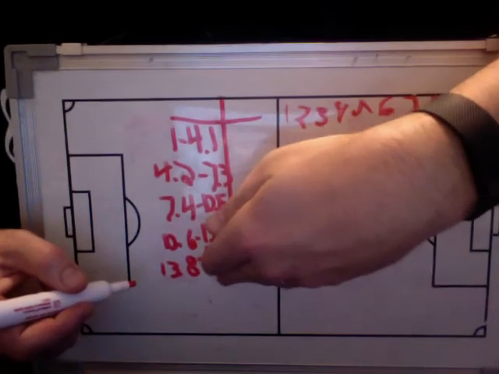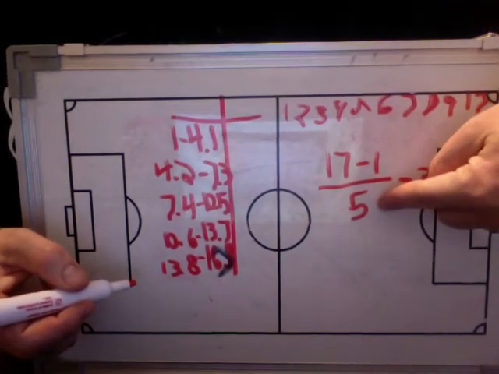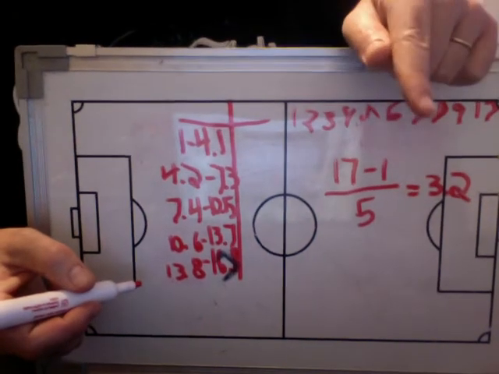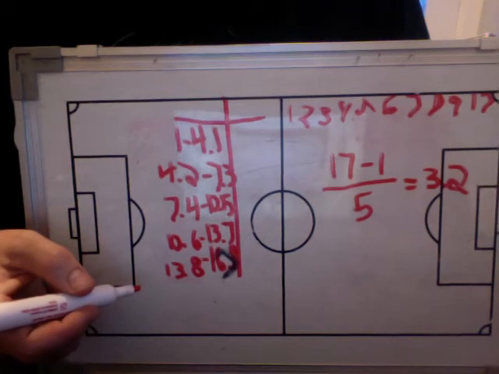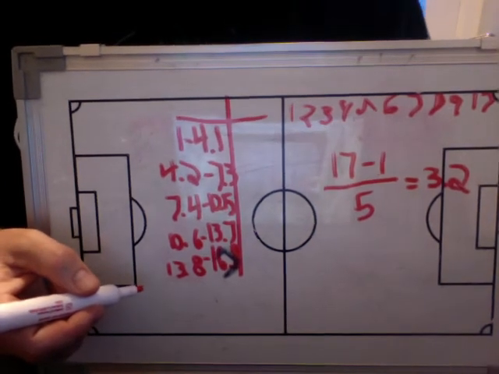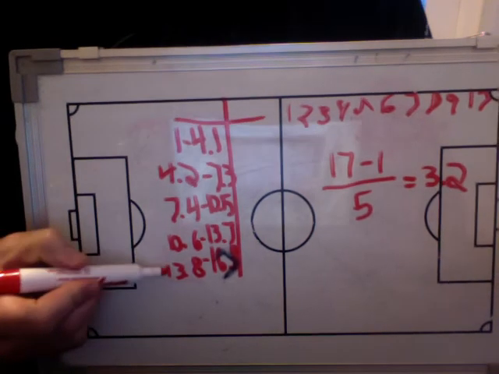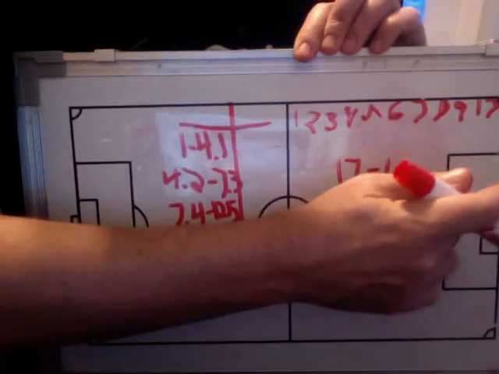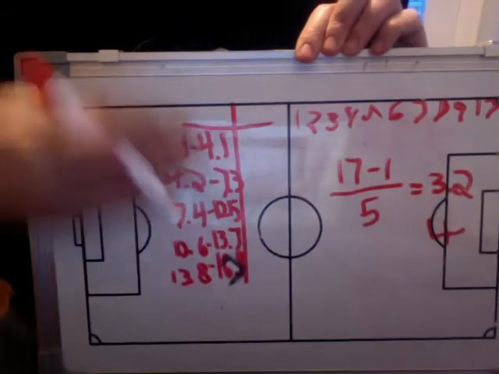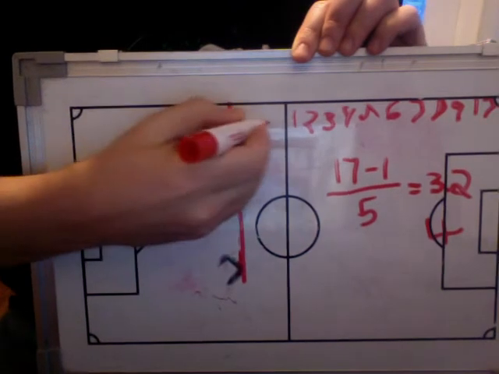I can't add another class because I chose 5 as my number of classes. So what I have to do is change my class width from 3.2, and I need to round up to 4. Always round up. It avoids the whole problem of ending up with an empty last class. So we're going to round 3.2 up to 4, and our values then become